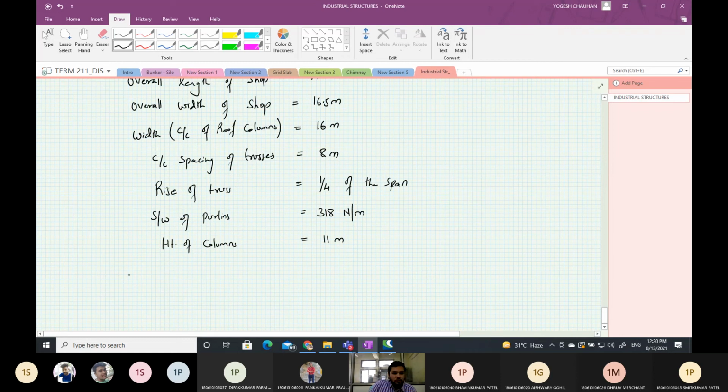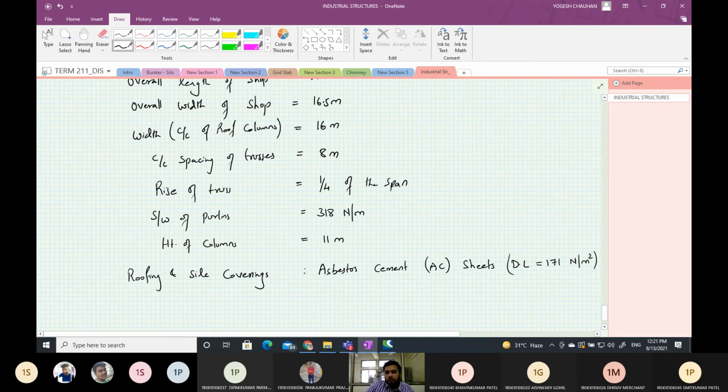Then roofing and side covering, so for roofing we are using asbestos cement sheet, or simply AC sheet, with dead load of 171 Newton per meter square.